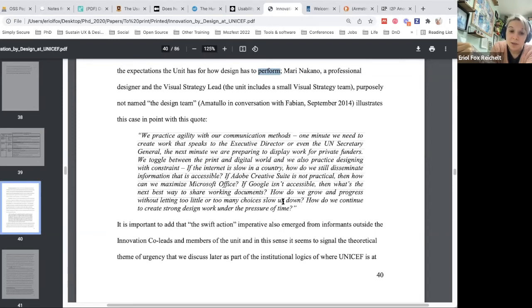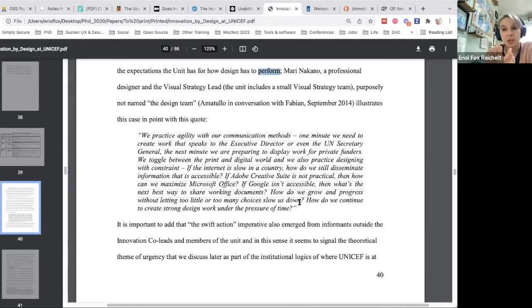We grow and progress without letting too little or too many choices slow us down. How can we continue to create strong design work under the pressure of time? I think the note that I put next to this is open source software design, question mark. Not necessarily in terms of the specific tools or processes, or people that have been referenced in this quote, but more